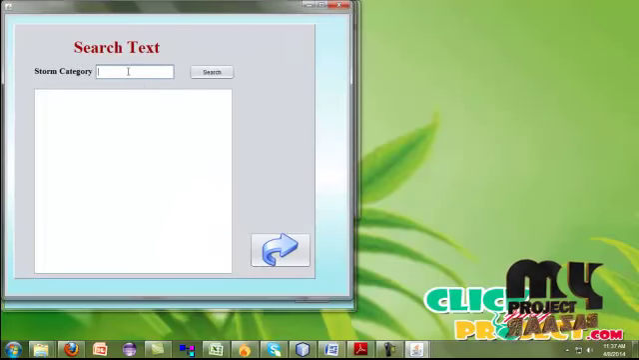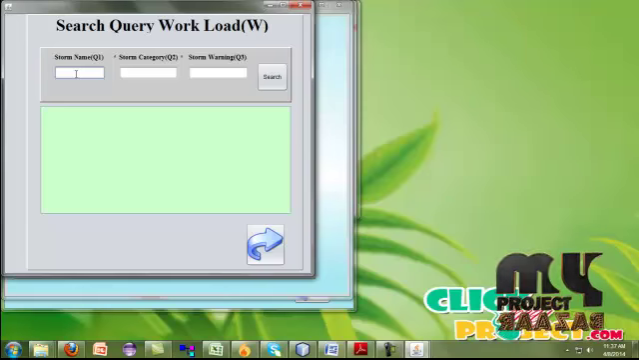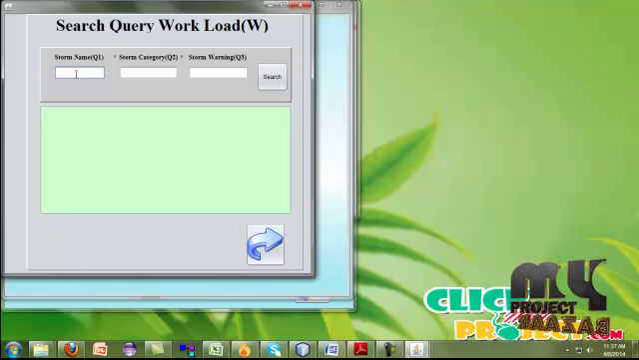Here is the search by category. For example, I have given the search by 12, and then the search name is flood. This is the search by query workload. The query workload is nothing but how many times the query has occurred so far. Here I am giving the query name as flood